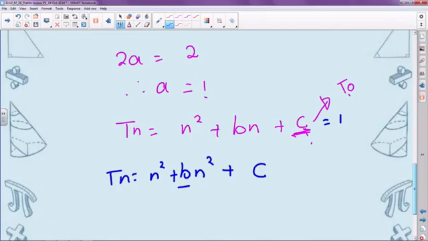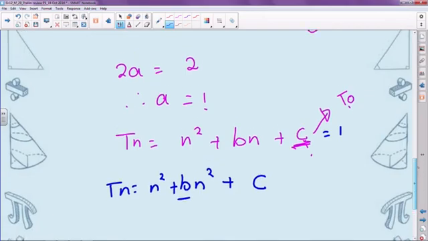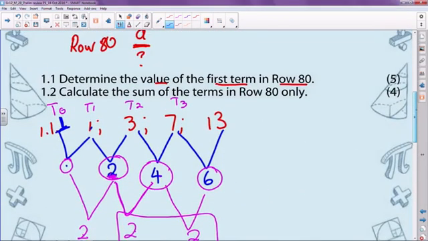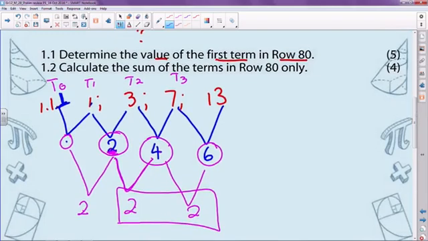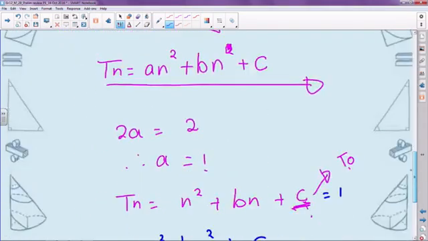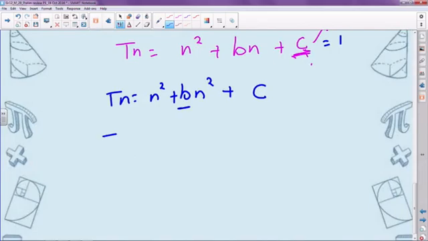In order to find the value of b, you can then take any term in your sequence and do an equation. So for example, we can say term 2 has a value of 3. So using function values, that's concept, I can say that term 2 is equal to 3. Replace n with 2 and equate it to 3 so that I can find b. All right, so it's going to look like this. We're going to get 2 squared